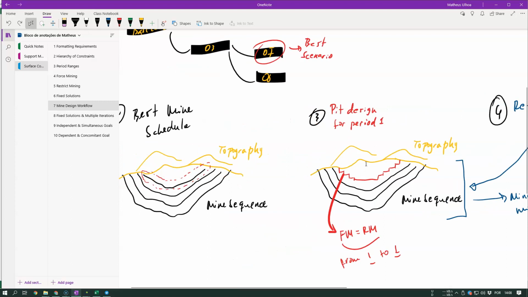Maybe to make this more operational, I might need to mine more waste, etc. And this flexibility for the remaining years will be quite important to try to recover as much value as possible